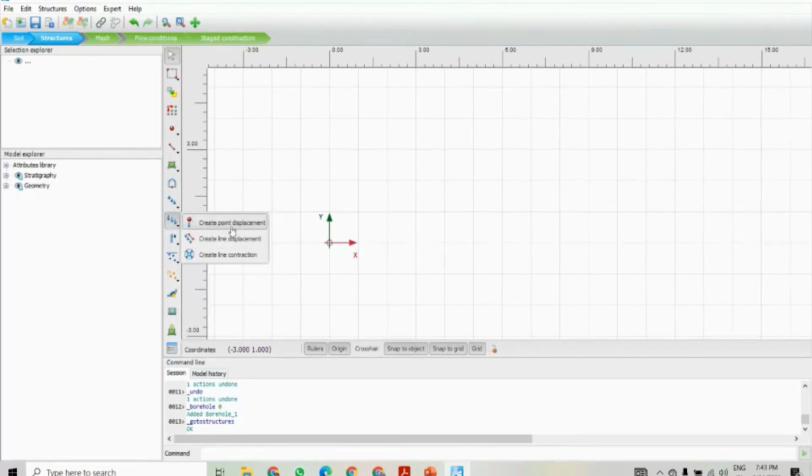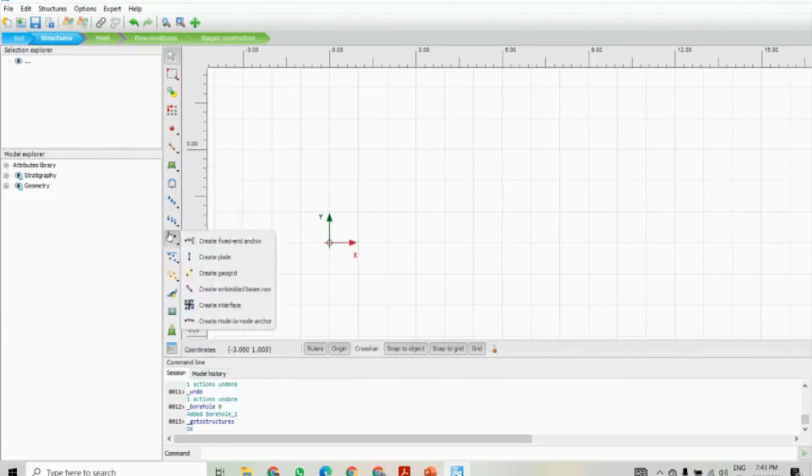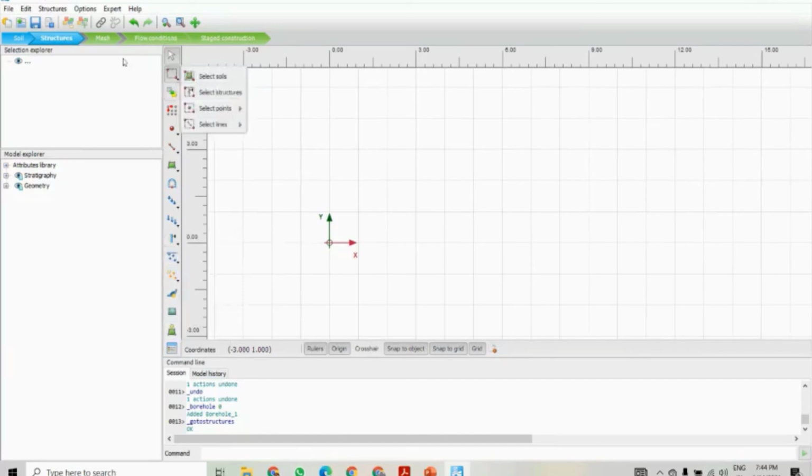This is create point displacement, create line displacement. This is the fixed end anchor. Here you can see the node to node anchor, and here is the fixed end anchor. Create plates, geogrid. This is the geogrid I was talking about. Then we can create the embedded beam row, then node to node anchors, then create well drains. This we can also use, create connections. So all these things are there in the structure.